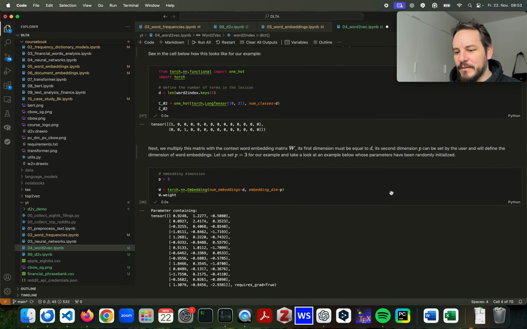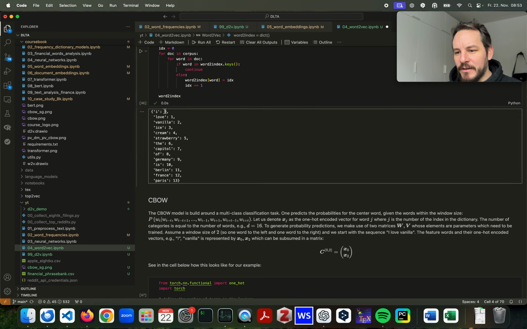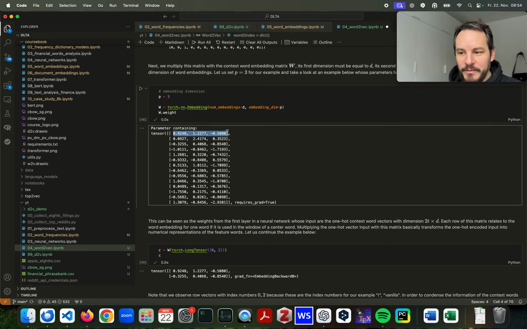Okay, so that means, let's maybe go first here. You can see here we have a dictionary starting counting from 0 and ending with 13. That means we have 14 different terms here in our dictionary. So in the beginning, if we say, hey, we want to create for every one of those terms a numerical representation with a dimension of 3, we now have for every word or term here 3 numbers, right? Because that's the dimension. And in the beginning, those numbers are randomly initialized. Okay, so they don't really have an understanding of meaning and language, how we use it, at that moment,